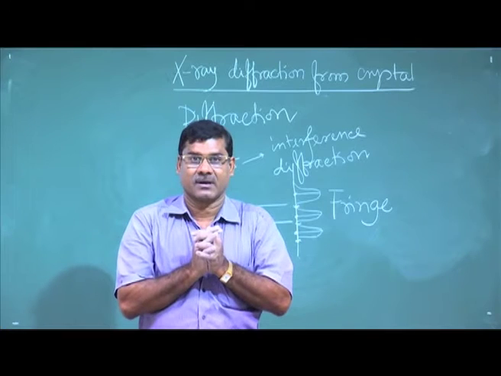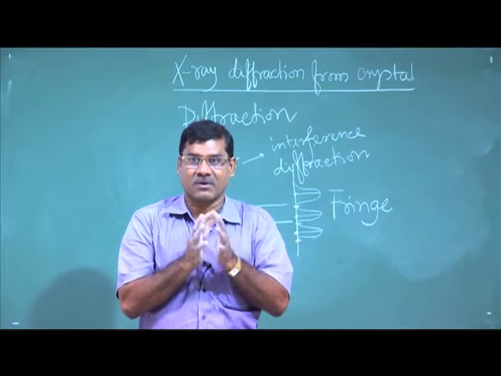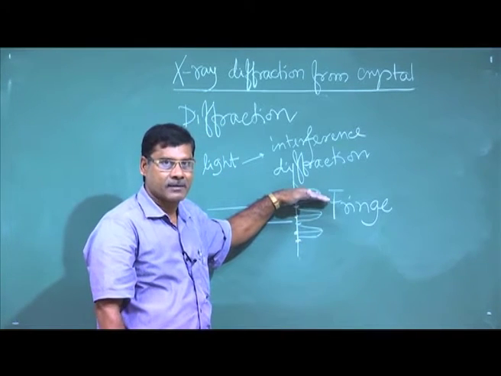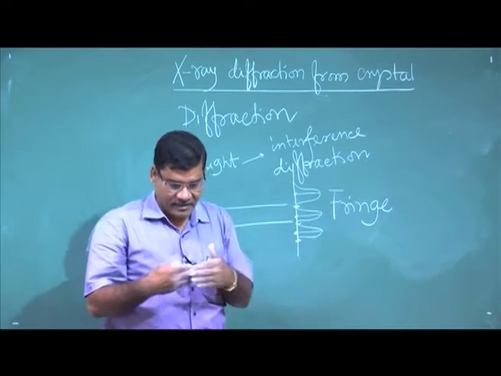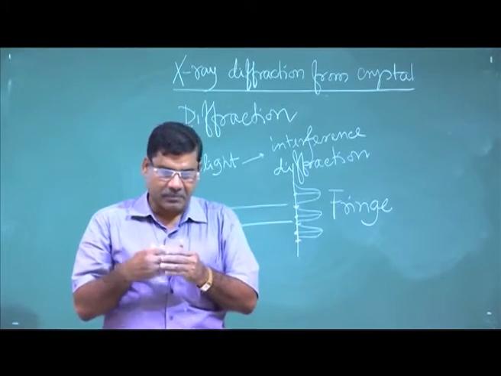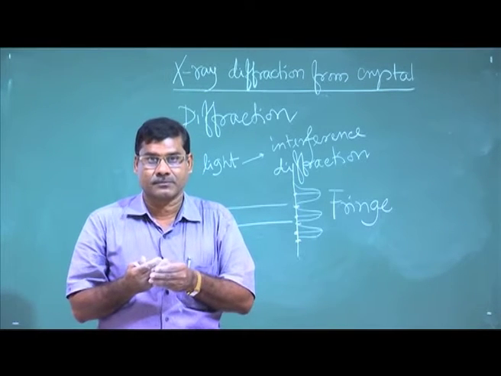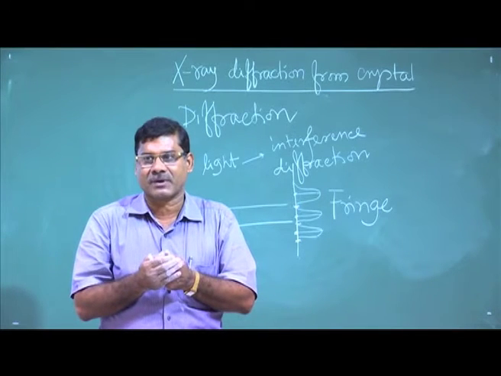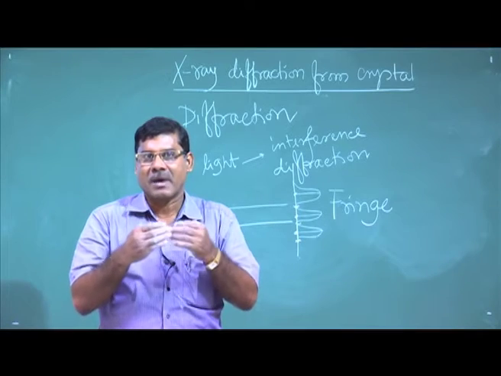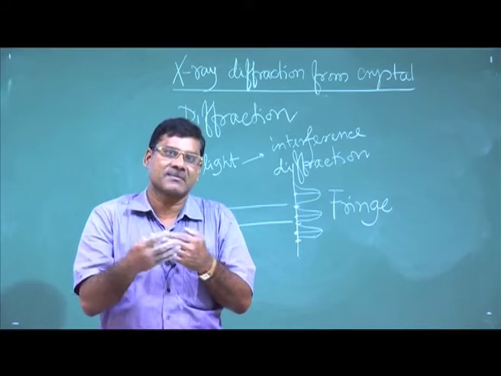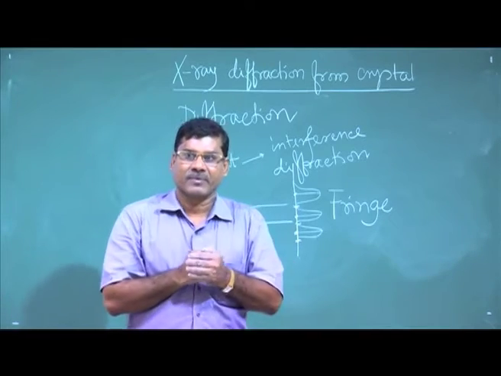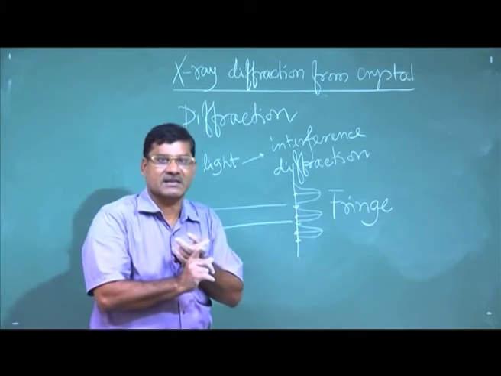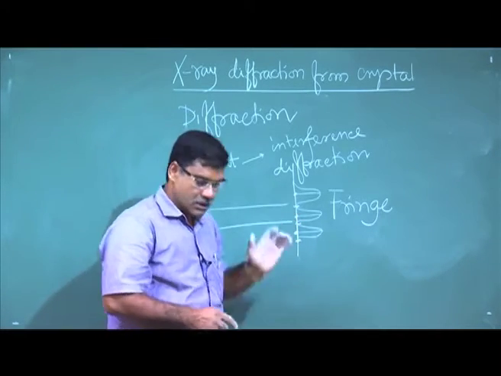there will be constructive interference, and we will get the bright peak, the bright fringe. And when the path difference is an odd multiple of lambda by 2, or the phase difference is an odd multiple of pi, then you will see this. They are out of phase, so they will destroy each other. So, you will see destructive interference. So, this is the interference.